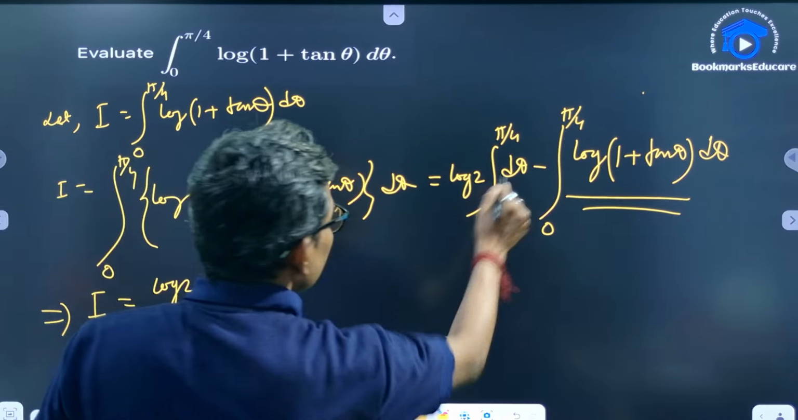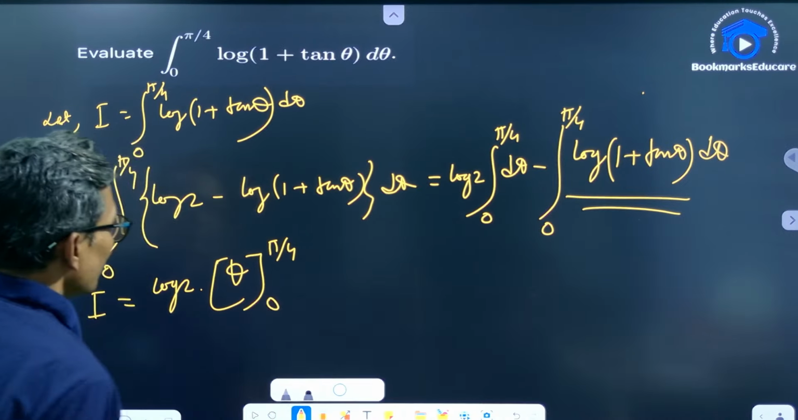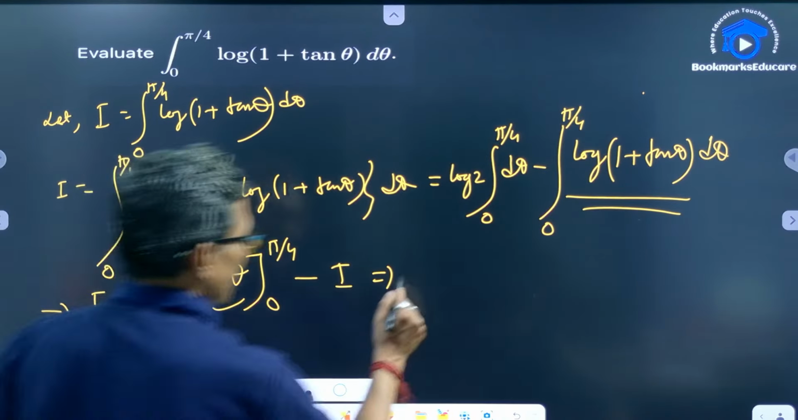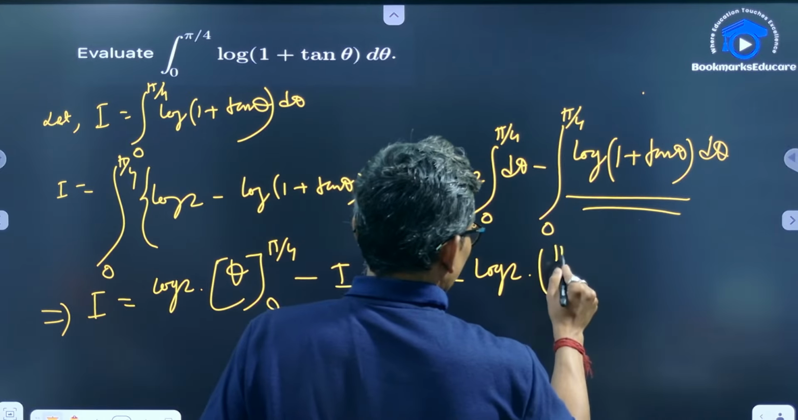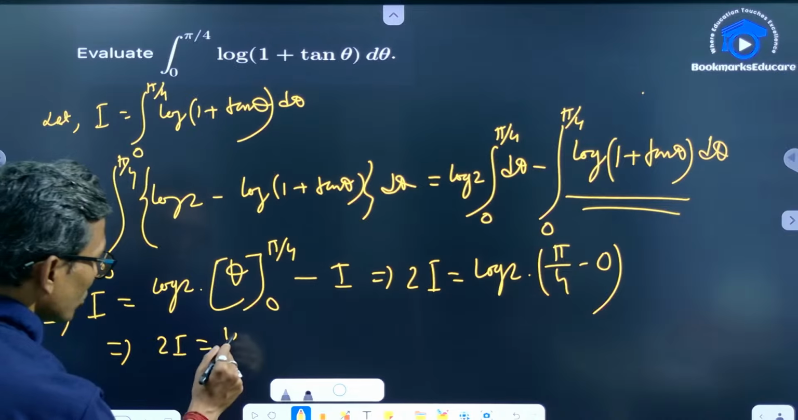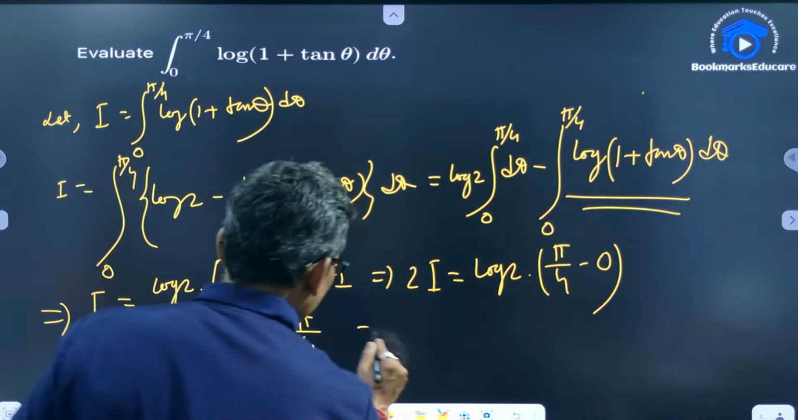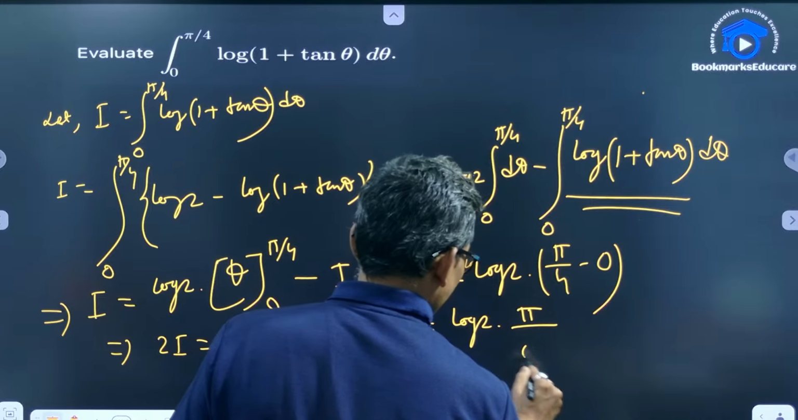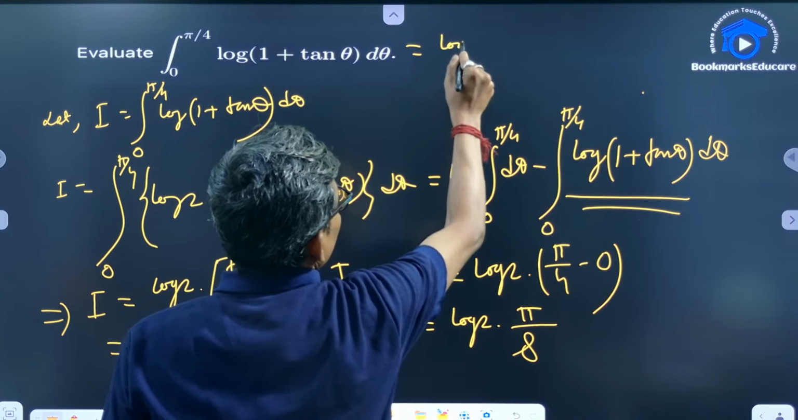कांस्टेंट ही है, तो इंटीग्रल ऑफ डी थीटा मतलब थीटा हो जाएगा, अपर लिमिट लोअर लिमिट बैठाना पड़ेगा, और इसका जगह पे I बैठा दिया। ठीक है, सो I इधर ले जाएंगे तो 2I हो जाएगा, log 2 इंटू पाई बाई 4 अपर लिमिट माइनस लोअर लिमिट तो 0 ही है। सो 2I इज इक्वल टू log 2 इंटू पाई बाई 4। क्लियर? सो द रिक्वायर्ड आंसर इज, I का आंसर क्या हो जाएगा, log 2 इंटू पाई बाई 8। ठीक है, 2 इधर आ जाएगा तो डिवाइड हो जाएगा। सो दिस इज द रिक्वायर्ड आंसर।